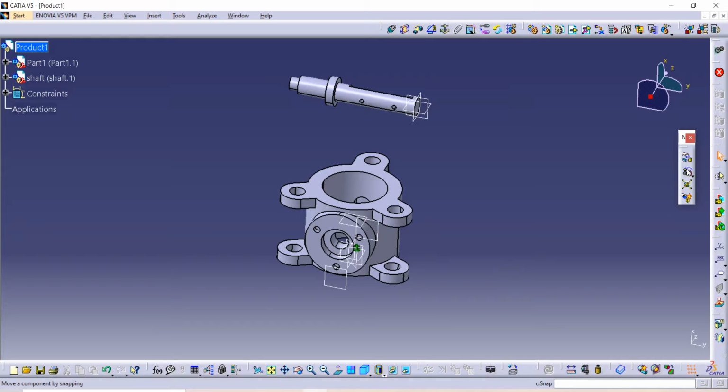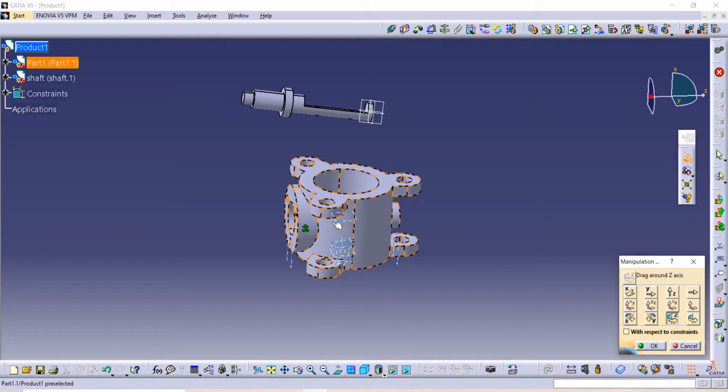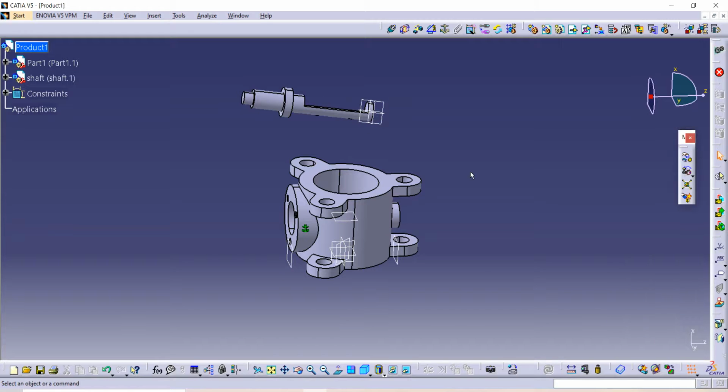Now again use this manipulation command to rotate it according to this line. I am moving it and again using this manipulation command to make it in alignment with this body. Now they both are aligned.